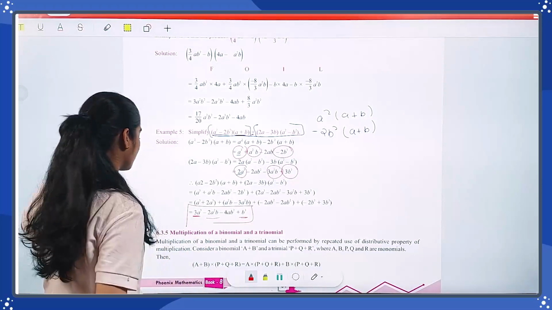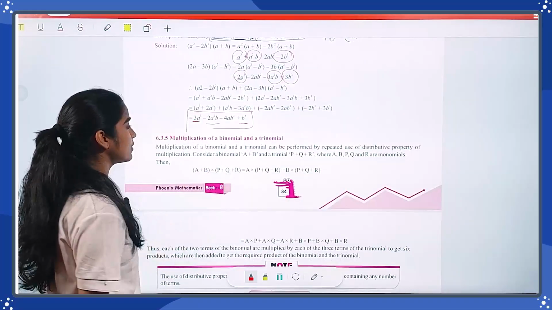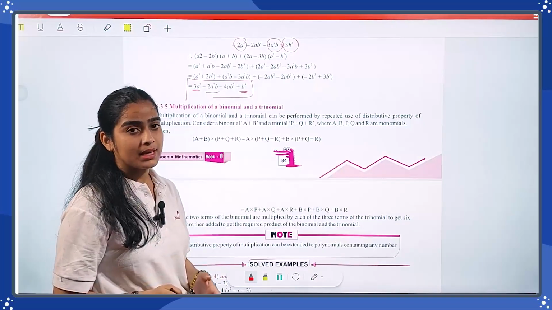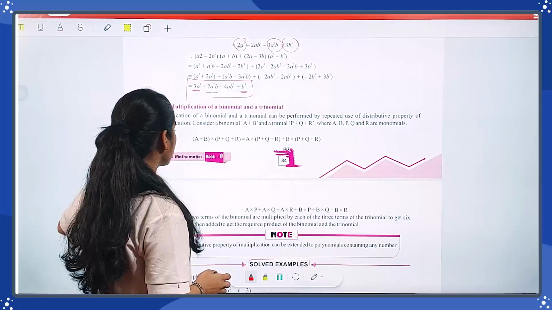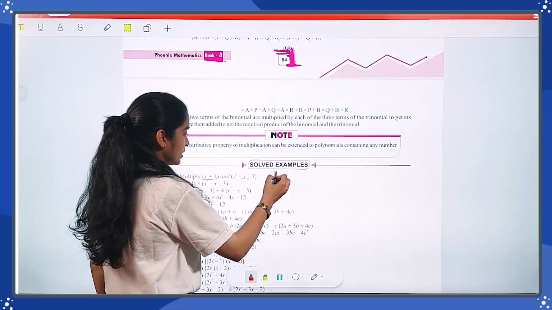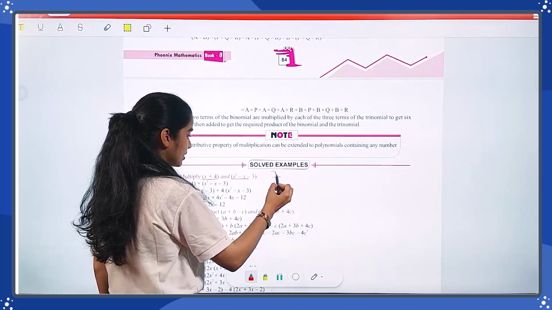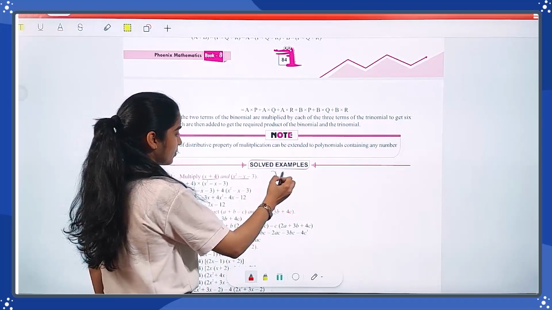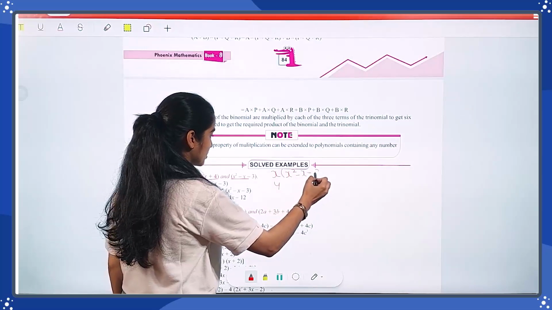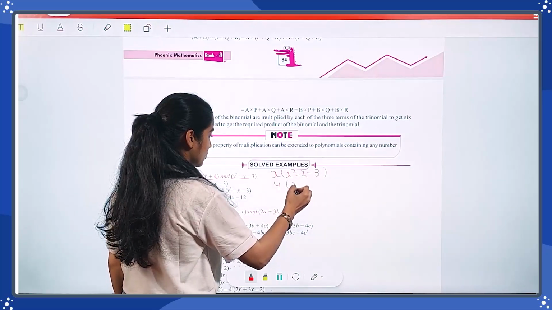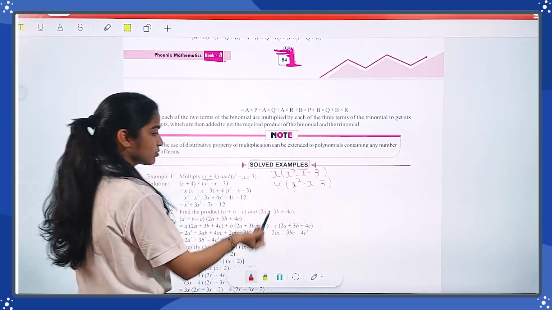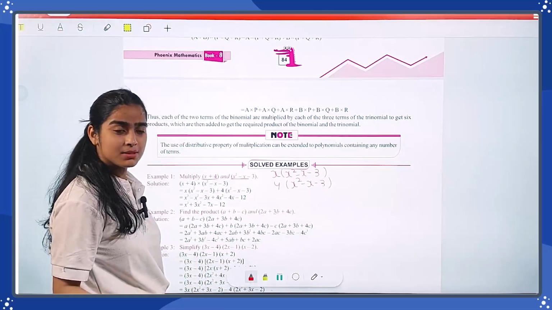So in that way, you have to solve the question. Multiplication of a binomial and a trinomial. Binomial multiplied by trinomial means you have to do the same thing again. This is your binomial, separated x and 4. Now this is your trinomial, x square minus x minus 3. Now you are able to solve this question because it looks very simple to you.